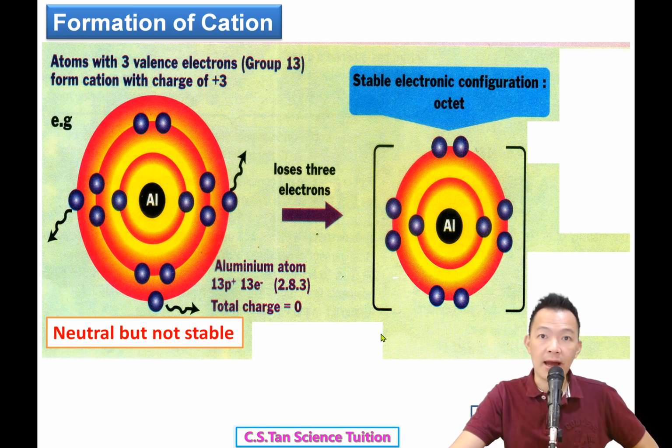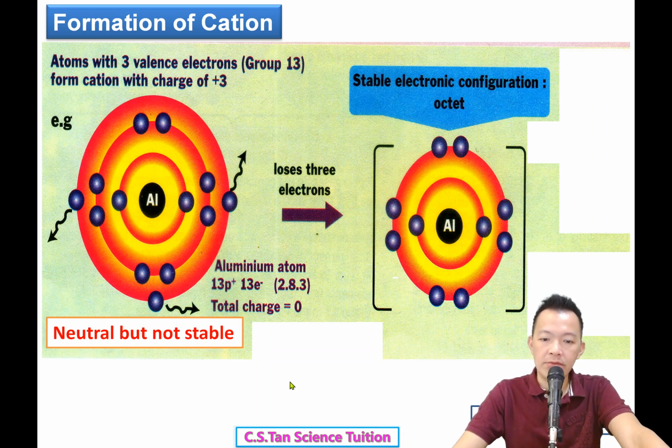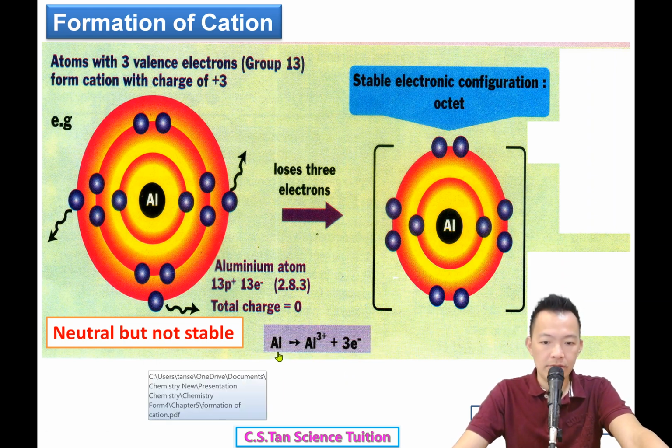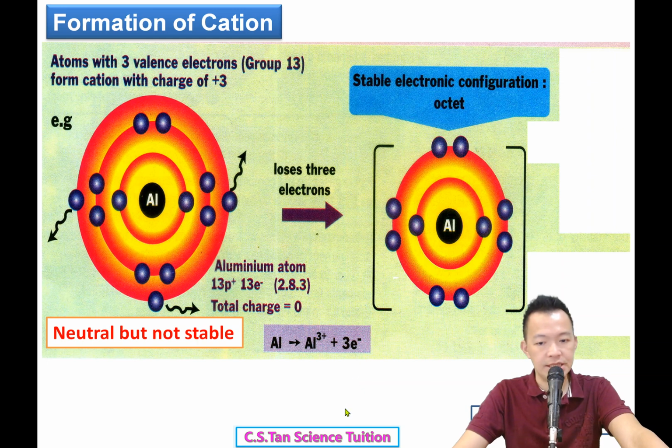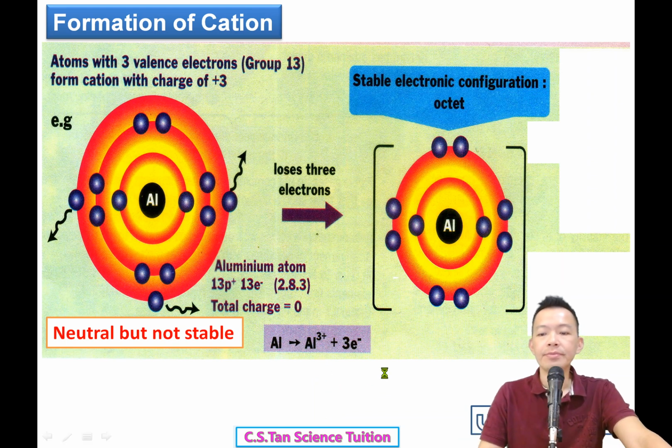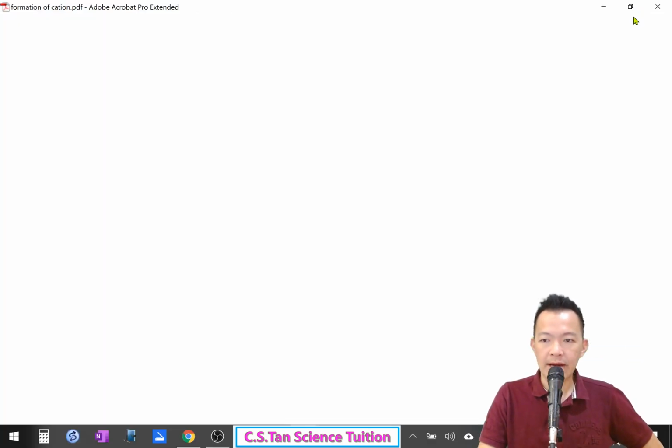And how to write the half equation for aluminium lost the 3 electron? 这样写它的 half equation 呢？You want to try or not? 要自己 try 先吗？Okay, so aluminium lost 3 electron, aluminium 丢掉它的3粒 electron, become aluminium ion. 不可以写碱啊。